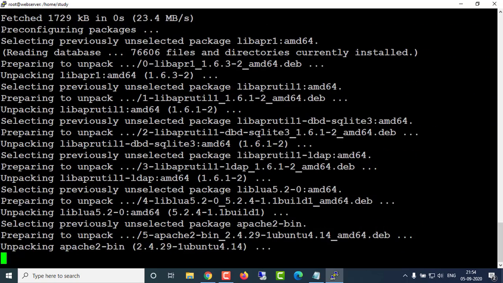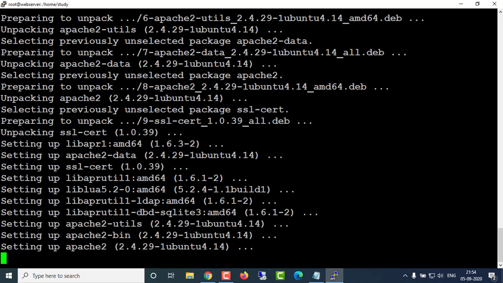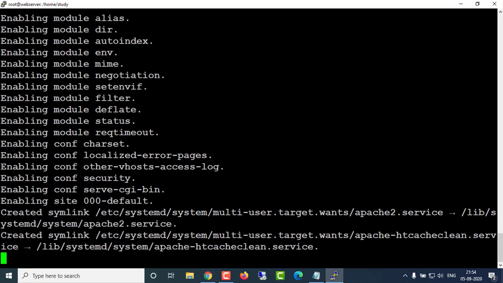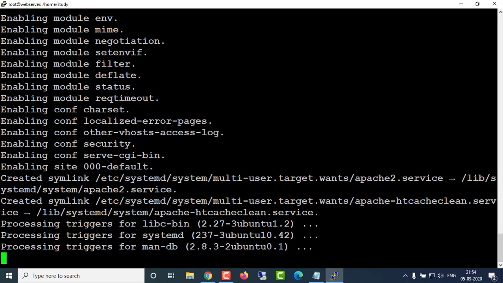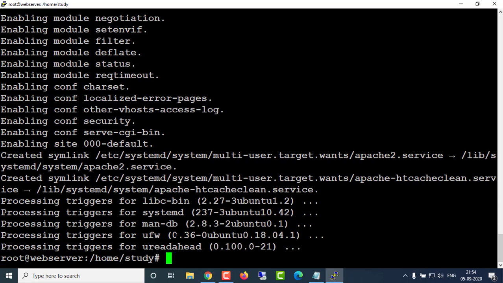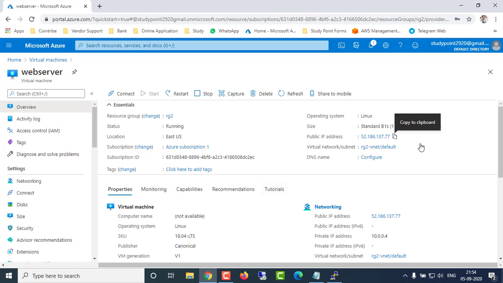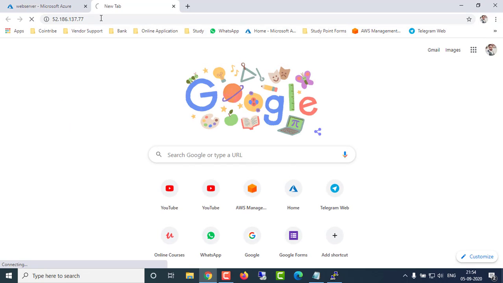So once the Apache service is installed in your virtual machine, if we try to access this virtual machine through the public IP in the browser, we are still not able to access it, but we need to access it. So I want to show you how. You can see that the service is installed, but if I copy this IP and access it through the public IP here, it would not be accessible right now.